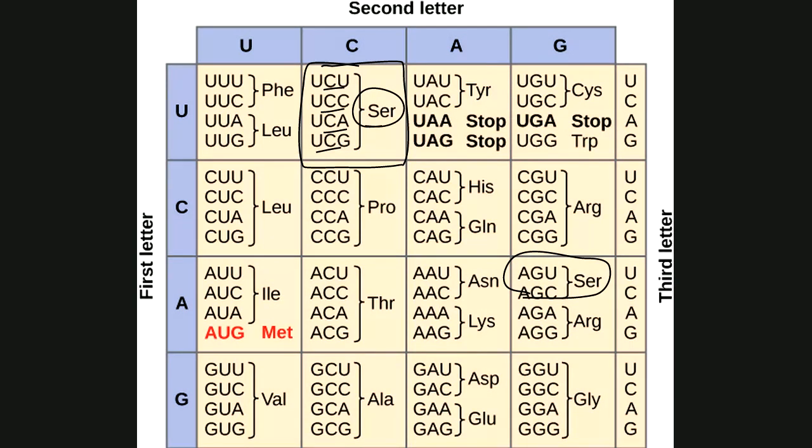Now, the other thing I want to point out to you are these that are in bold. These codons are what we call stop codons, and what that will mean is when the ribosome gets to that point and there is a stop codon, essentially it releases the mRNA, it releases the growing protein, because that is saying we are finished. That's the end of the protein.